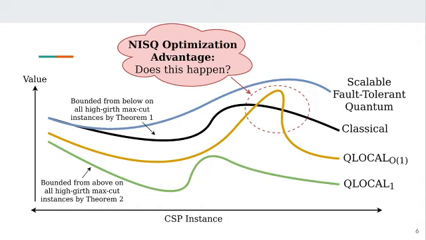There's this blue line I've written here too, the scalable fault-tolerant quantum computers. So the quantum computers of the long term, after you have error correction and low noise and millions of qubits, what can you do? You can do anything a classical computer does, and you might actually be able to do more. But again, we're not sure about any of that, and it won't be relevant for many years.